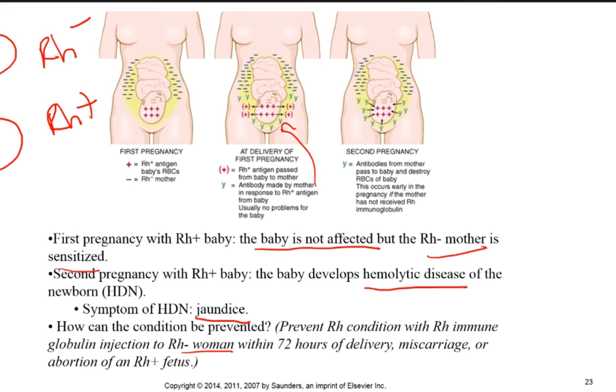So by prescribing an immunoglobulin injection into the Rh negative mother within 72 hours, one of two things ends up happening, depending on the particular immunoglobulin. One is that the baby, which has the Rh factor on his or her cells, is going to encounter the immunoglobulin. I'm going to change the color of my pen so it's easier for the eyes here. The immunoglobulin is going to come in here and plug up.